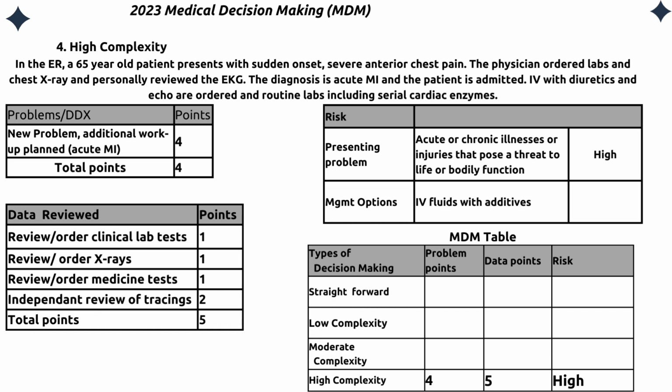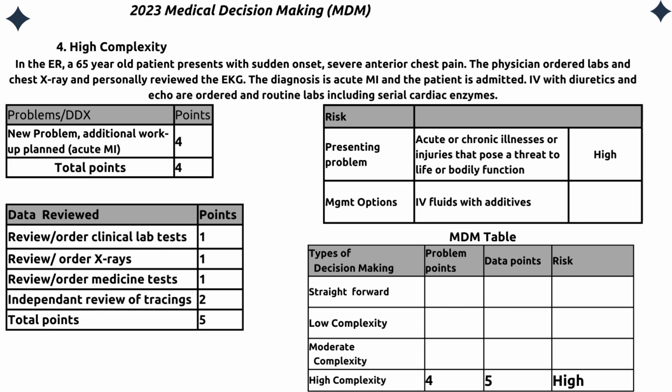Look at the scenario here. In the emergency room, a 65-year-old patient presents with sudden onset severe chest pain. The physician orders labs, checks an X-ray, and personally reviews the EKG. The diagnosis is acute MI and the patient is admitted. IV with diuretics and an echo are ordered, and routine labs including serial cardiac enzymes. So here the patient is suffering with a new problem with additional workup planned, and the problem diagnosis